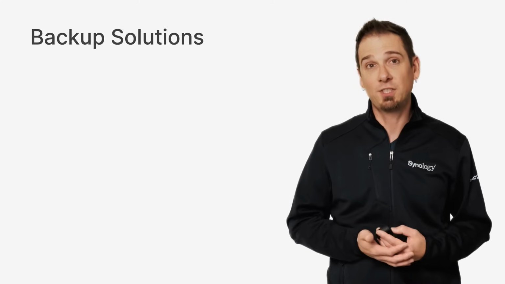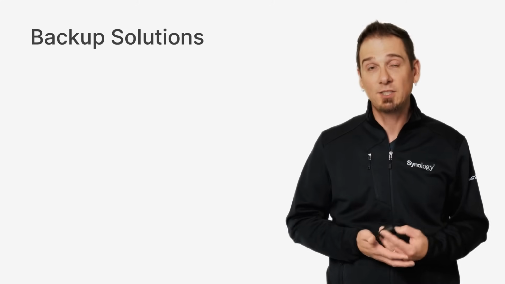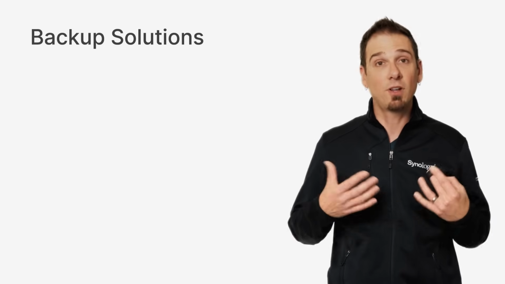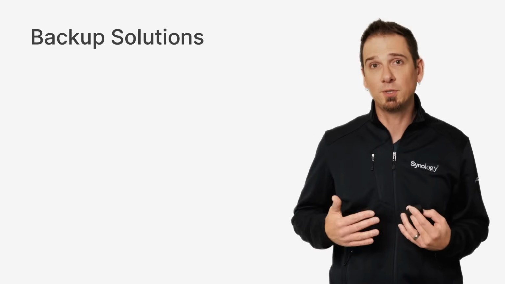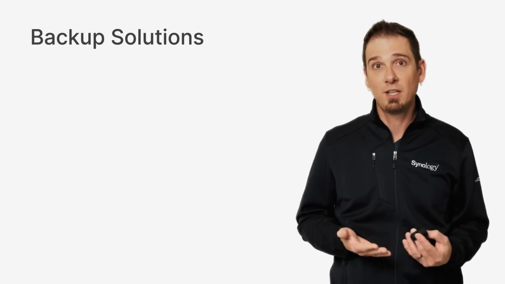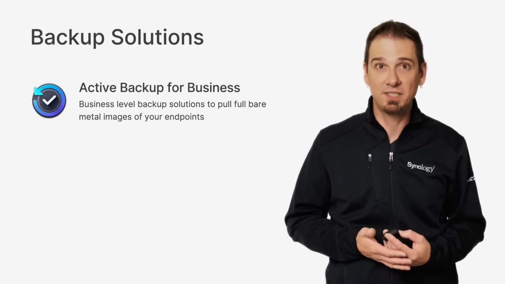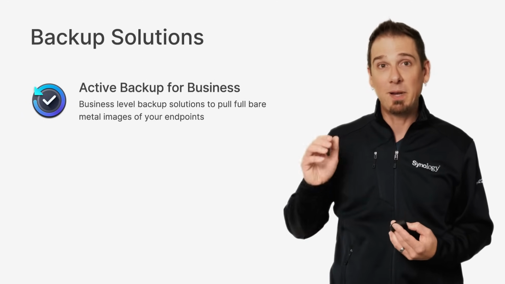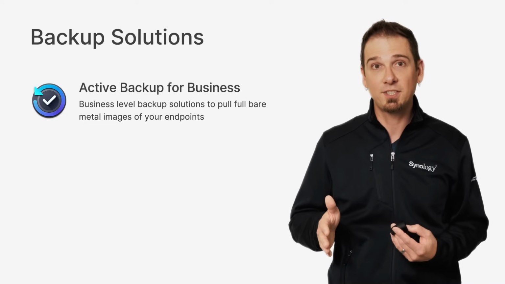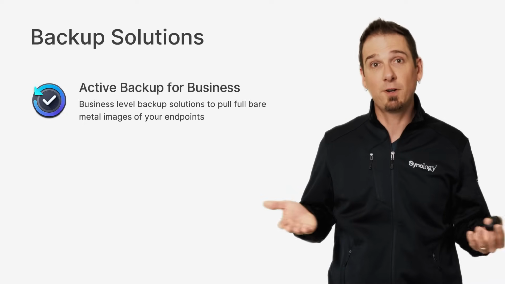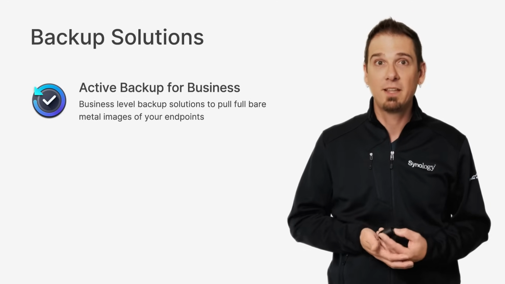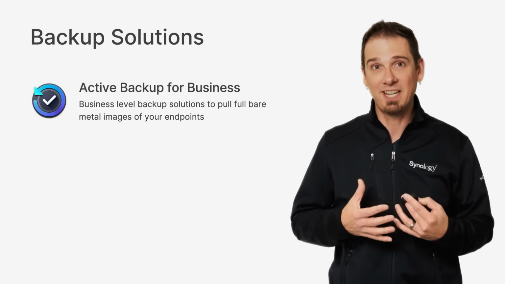There's some backup features that we should go through as well. It's quite likely you've picked this NAS as a way to back up and store large amounts of data. We get a lot of questions about which backup tools we should use for different scenarios. Earlier, I mentioned Active Backup for Business. This is an endpoint backup tool that allows you to take bare metal images of your workstations, as well as image your virtual machines directly through VMware or Hyper-V. This is a great way to get all that data on the NAS.